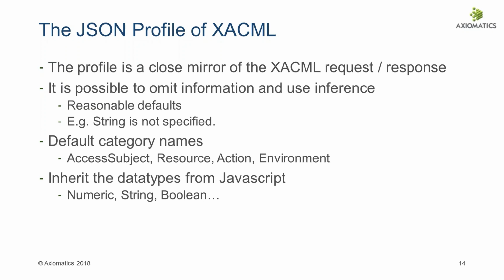So you're going to be able to skip things. Like you don't have to say an attribute is a string. By default, it is a string. You're going to be able to leverage the JavaScript data types: numerical values, so integer and double, string, boolean. And if you're using another data type, which barely happens, but say you're using URI or an X500 name, then you could specify those. So you still have the full richness of XACML, but the simplicity of JSON, the simplicity of a much simpler authorization request. Also, using default category names helps the request be more readable.